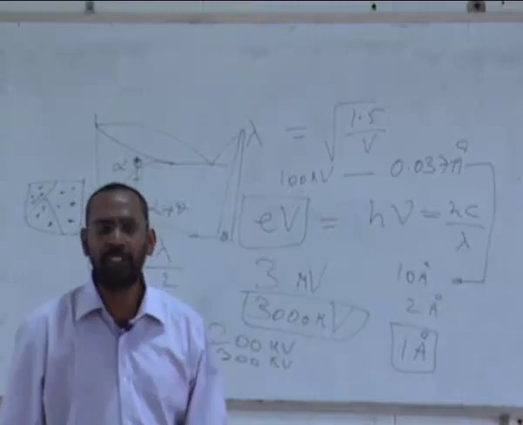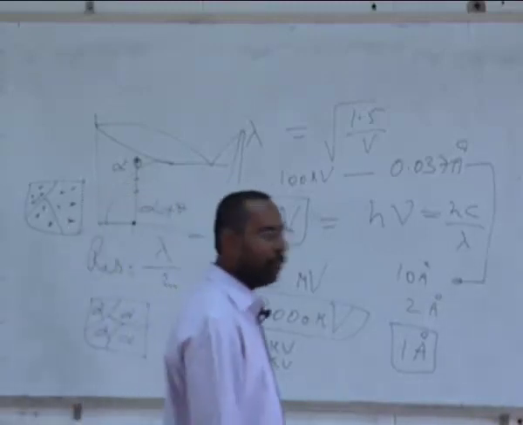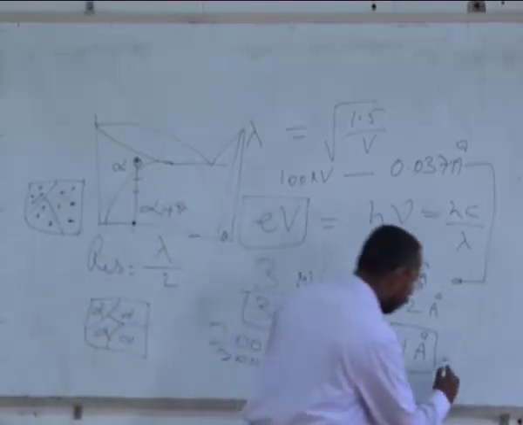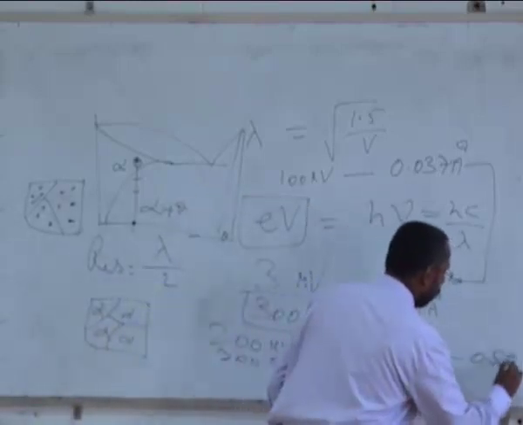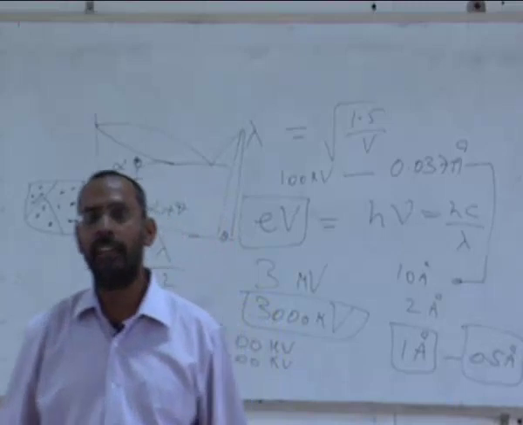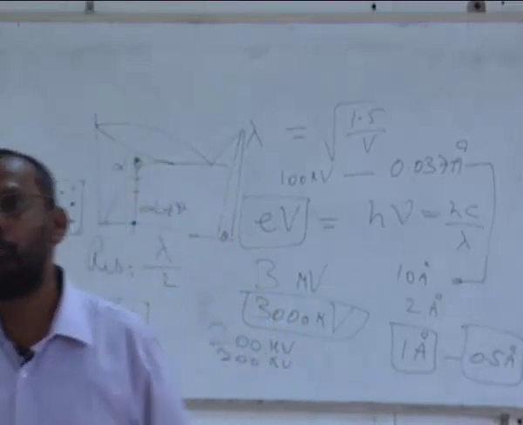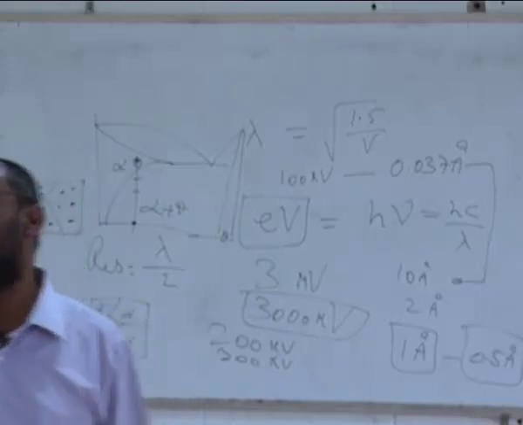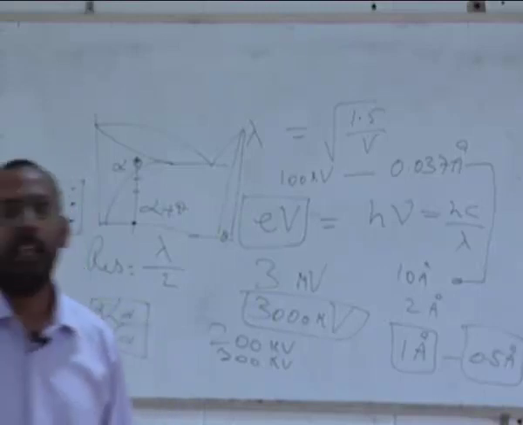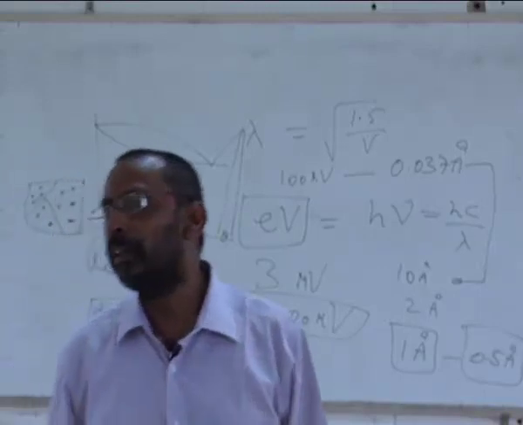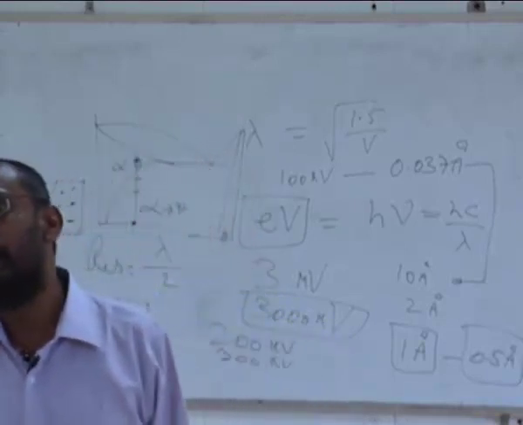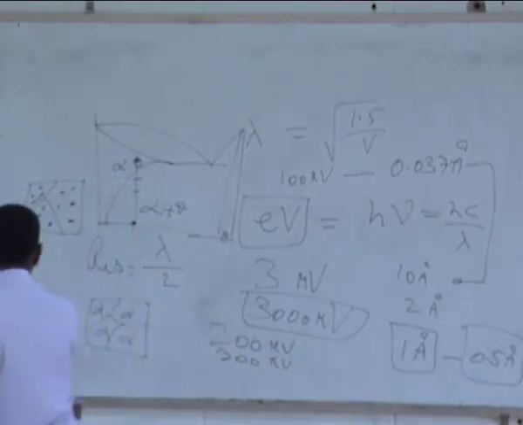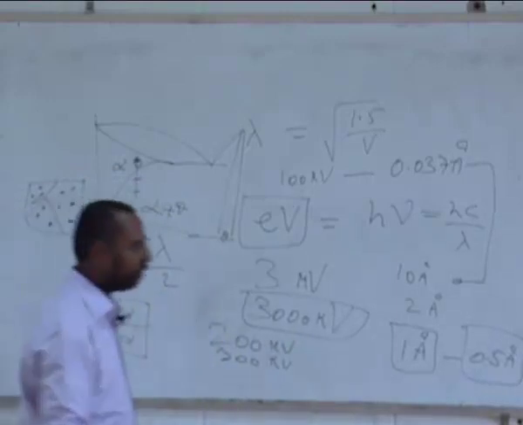And the best resolution that people have obtained, where they have corrected both spherical and chromatic aberration, is what this value is. This is what they call the best microscope available in the world so far. And in this country, there is only one place where we have this microscope. It is in Bangalore, called Jawaharlal Nehru Center for Advanced Materials Research. So this is a place where you have this, and which can give you a resolution of that order.